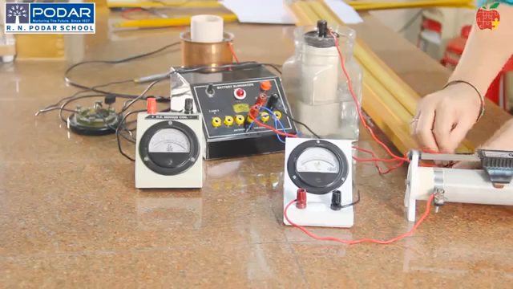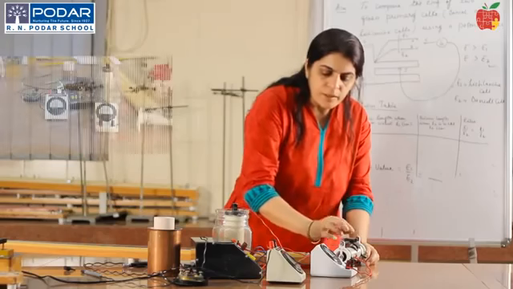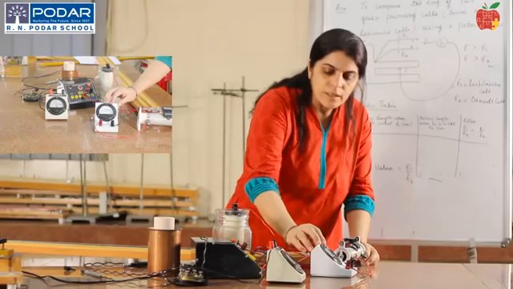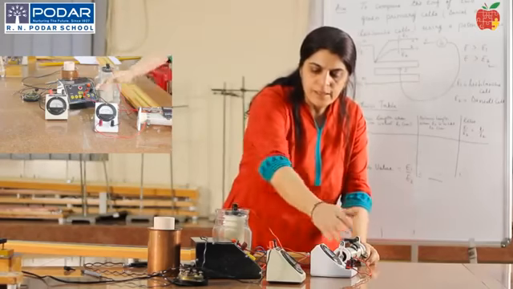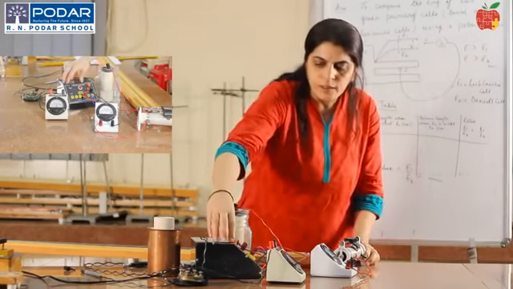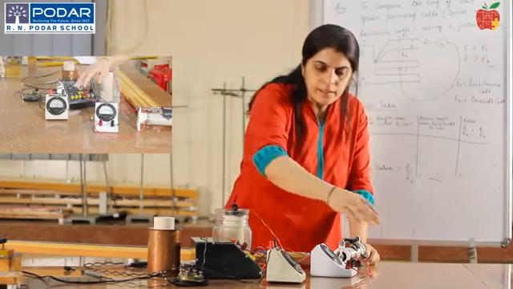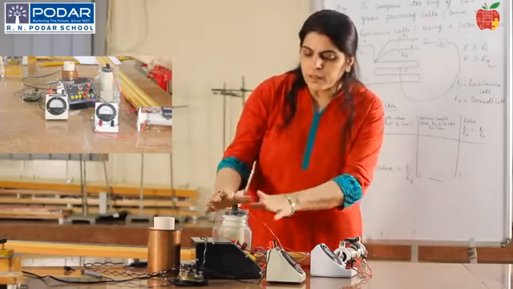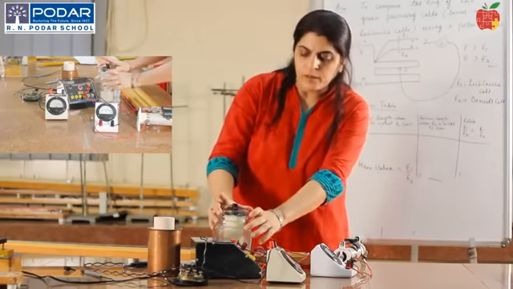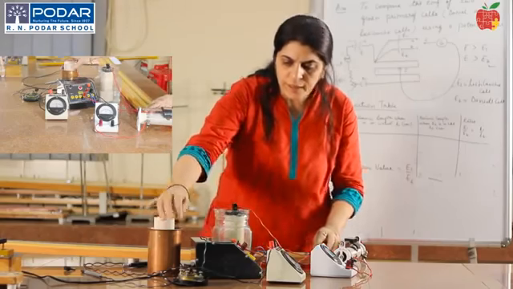Okay. Can you see this here? A milliammeter. This is a rheostat. So, with the help of the rheostat, we maintain the constant current in the circuit. This entire circuit is called a driving circuit, and this cell is what? The driving cell. So, this maintains a constant current in the circuit. Here this is a Leclanché cell whose EMF we will find, and this is what? A Daniell cell whose EMF we will find.